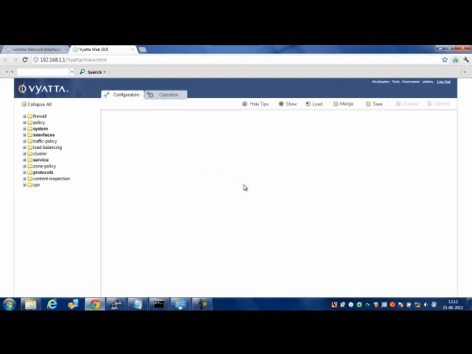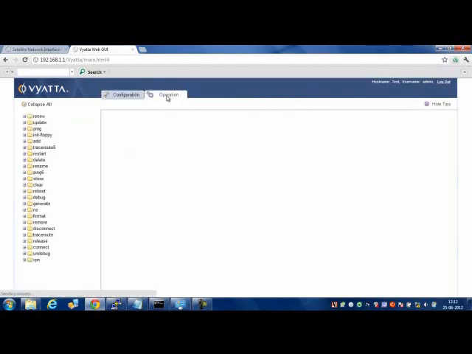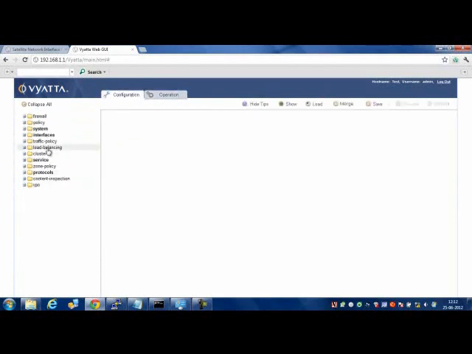Whatever we had access to in the command line interface can also be accessed using the GUI. Here is the configuration prompt that was available on CLI. This is the operation prompt, and you can see the exact parameters that were available on the command line interface are available here, so you can explore